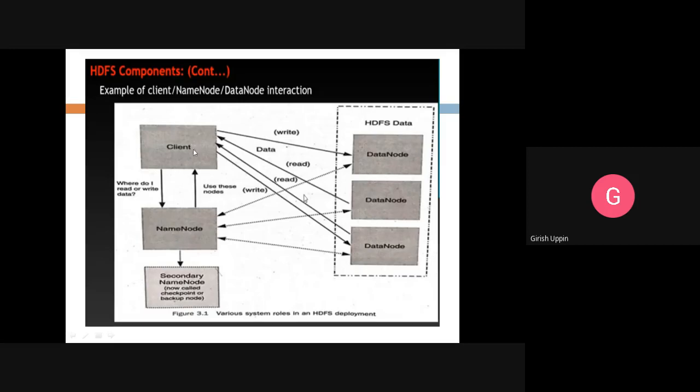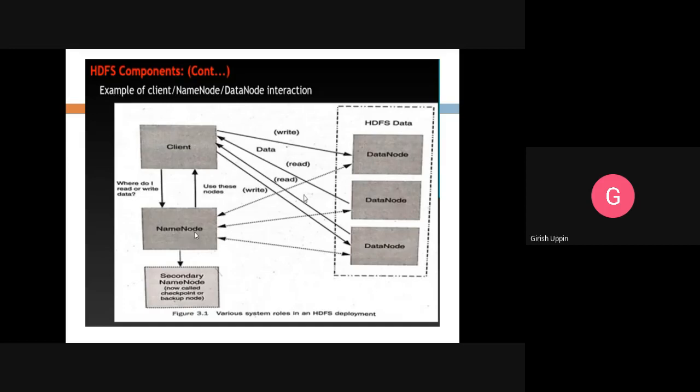And if it is a write operation, then it will write into the nodes what is given, according to the number of replications. So what is replication? Keeping multiple copies of the same data. That particular thing will be done. Once the replication is complete, the data node acknowledges to the client that the replication is complete. Then the client intimates the name node that the operation is complete. So the name node will come to know that that particular operation is completed, and it will release the resources.